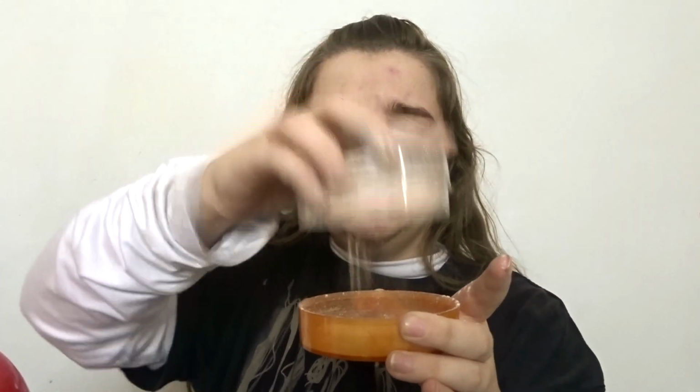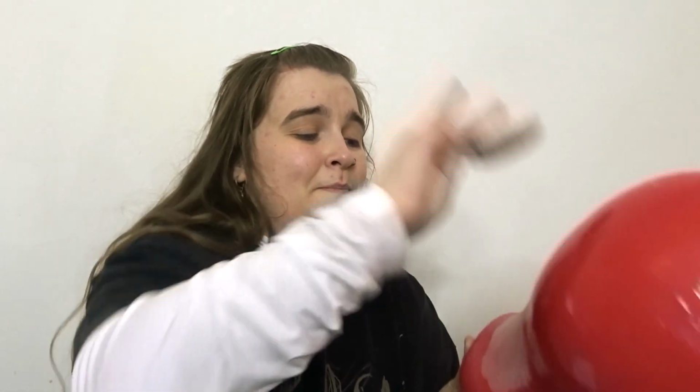So the first layer is going to go on top, obviously. You want to powder the whole head. The powder's going to go everywhere. I'm sat half in my pajamas because it's late and I didn't realise that it was late. I don't really know how you're supposed to get these kind of powders out. Like, am I being dumb? Do you just sprinkle it? I like going in with one of these first because the top layer doesn't really matter. I literally just smack it on and I just powder it